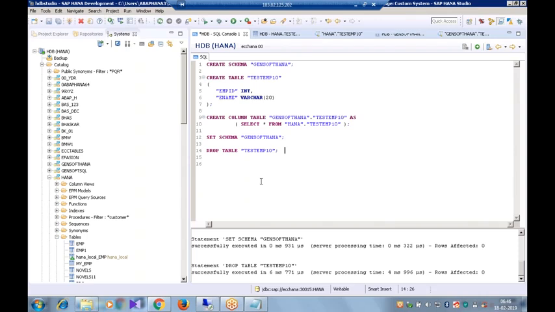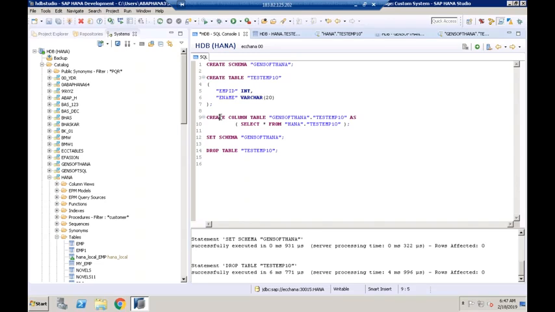Suppose in line number 9, we have created the column table in the Gensoft HANA schema, with select star from the HANA schema. All that column we copied and pasted, creating one more table in the Gensoft HANA schema. So in that scenario, there are two tables created, one in the HANA schema and one in the Gensoft HANA schema. So instead of doing this with two tables, can we transport this